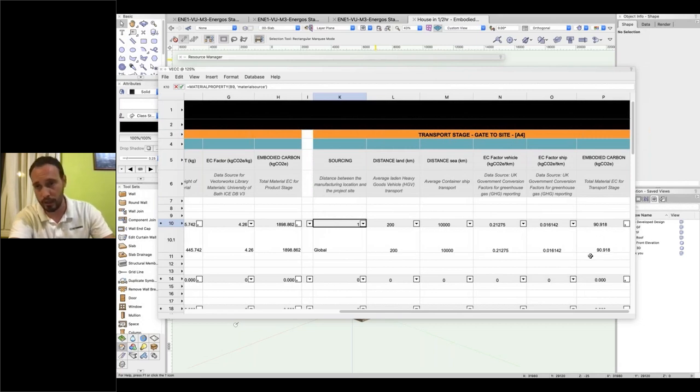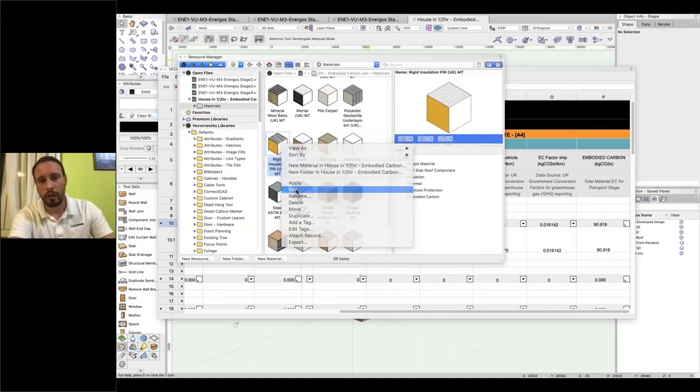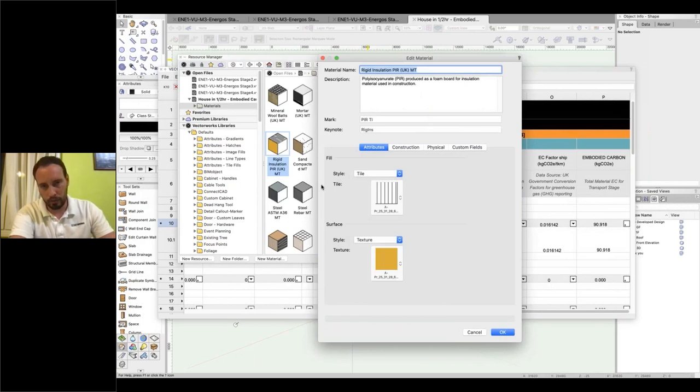And you can see the embodied carbon factor has jumped considerably. These, as I said, are nominal